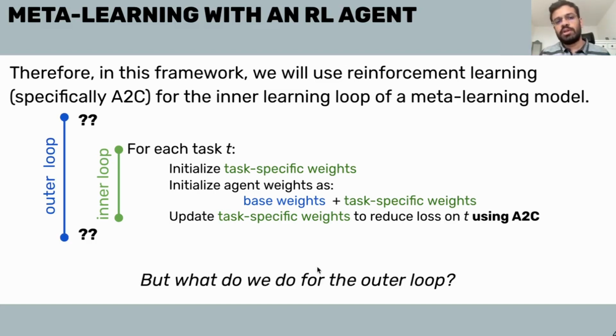Now, what should the outer loop be, right? We could do something like what we did with MAML. In MAML, if you remember, we took the base weights and then we had the task specific weights. First we optimized the task specific weights, then we held the task specific weights constant, and then we updated the base weights, right? So we could do that, but there is an alternative which is much better,